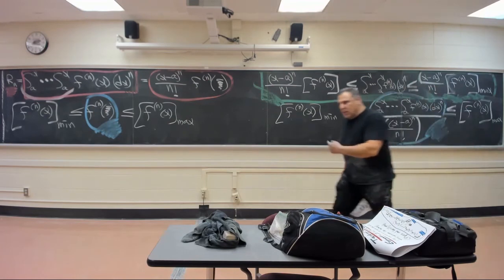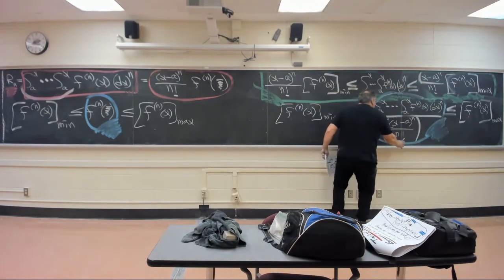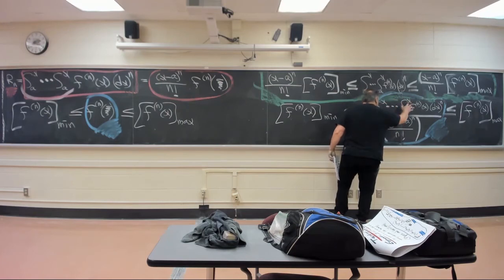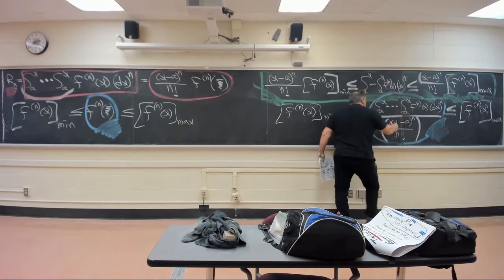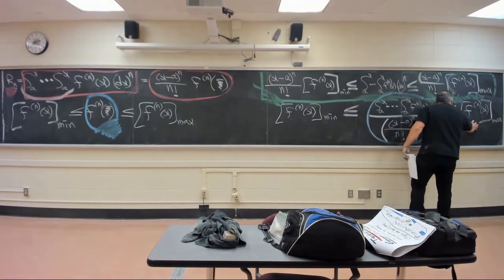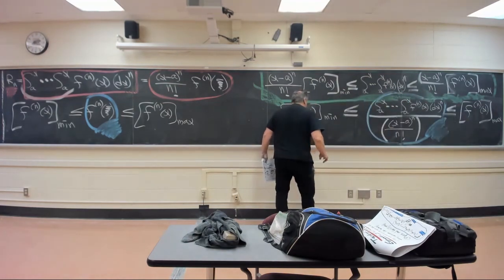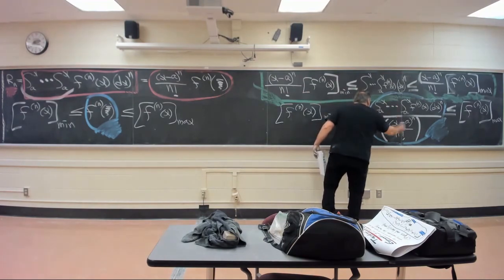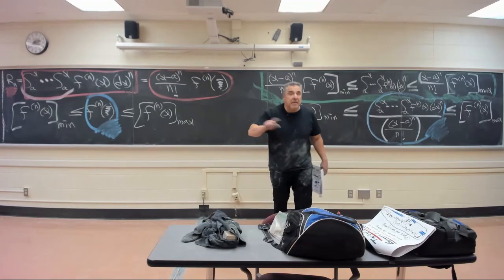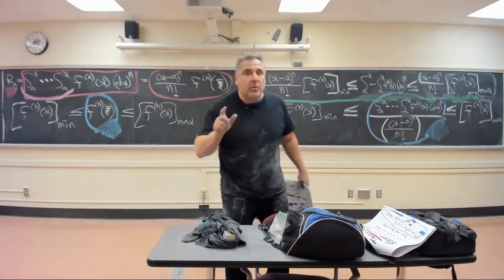I just know that if there is a real number equal to this integration taking place n times, and then dividing the result of that integration by the quantity x minus a to the n over n factorial, and all of that answer is between the max value of the nth derivative of f and the min value of the nth derivative of f, then, since all real numbers are attained between the min and the max of that continuous function, the nth derivative of f,